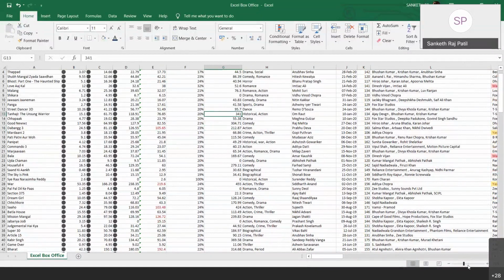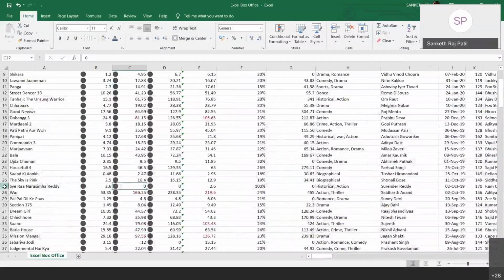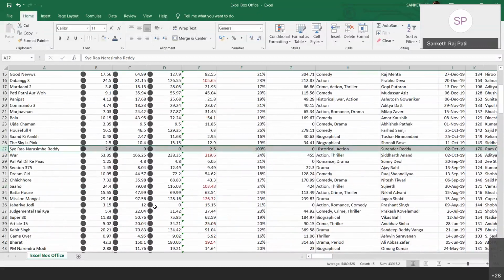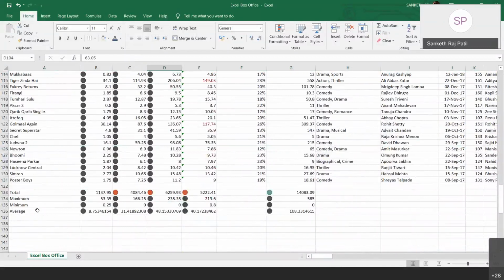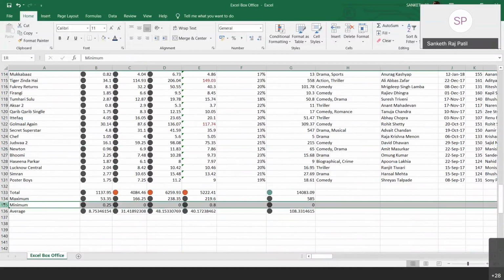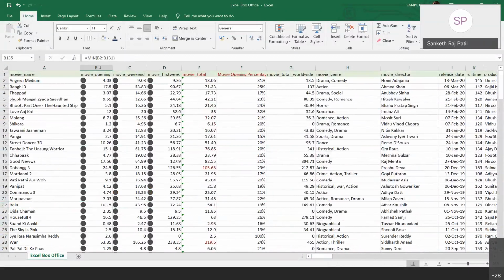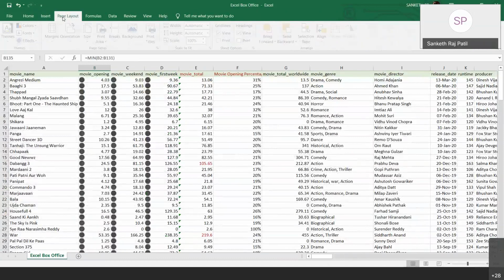If you look closely, you can see some movies have earned zero over the weekends, and it's not really worth it to analyze these data sets. I mean, these movies are small. People hardly remember them. Even if you look at the minimum column, the minimum earning over a weekend is 0.25 crore, and it's not really necessary to make sense of such a data set. So what you can do is use a very strong tool called